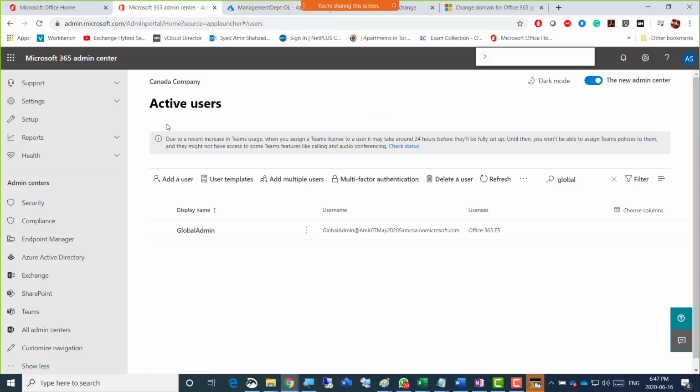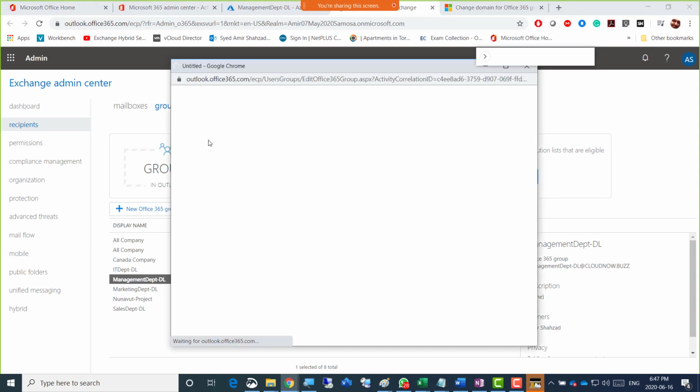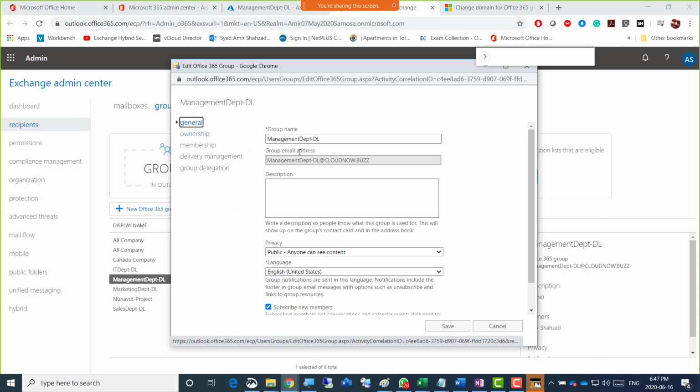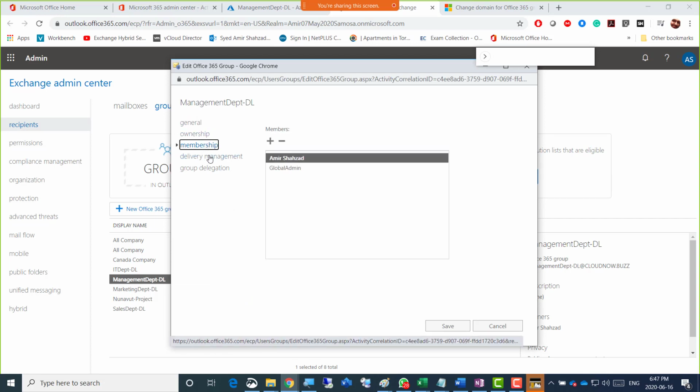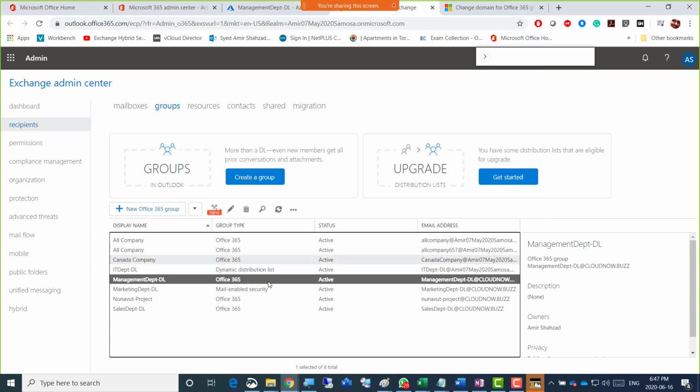If we can, I'm just gonna go to Exchange. If you double click that, these are the options we have, right? There's no other option, and email address is there. So email address comes with the user, but not with the DL. Okay, guys. So let's just simply get rid of it.